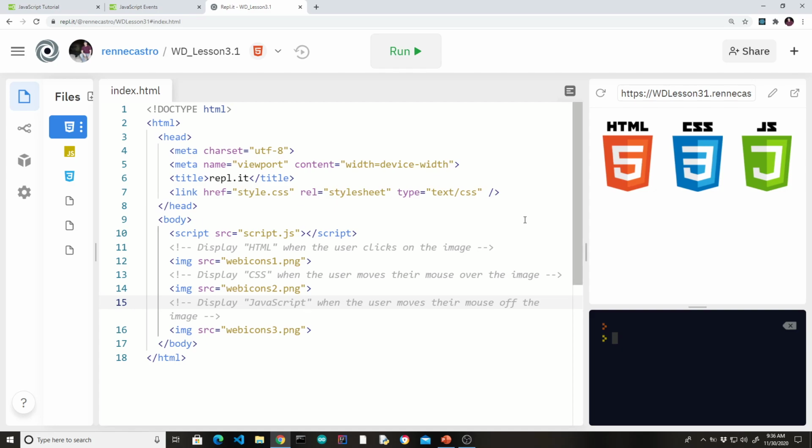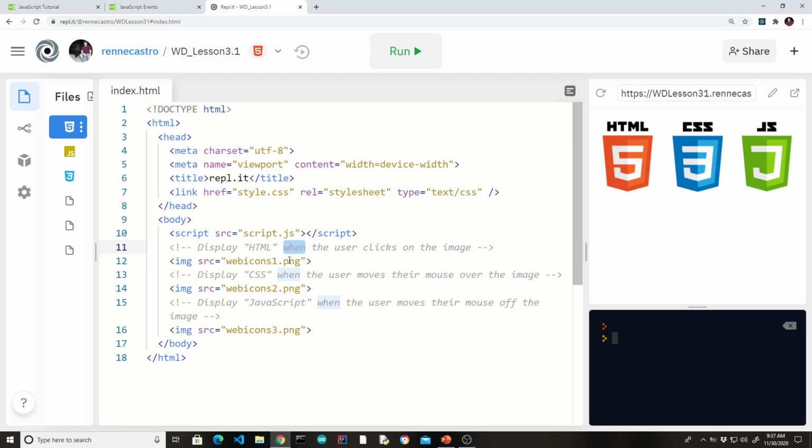Now, from a previous lesson in CSS, you may recall that when we saw the word when, it triggered us to think of the hover, which allowed us to change some CSS when the user hovered over an image. Same concept, because what we're looking to do is target an event. Now, unlike CSS, which really only has the hover as a way to interact with the user, JavaScript lets you interact with elements in many different ways. This is called an event listener. So let me show you an example of what we're talking about first,